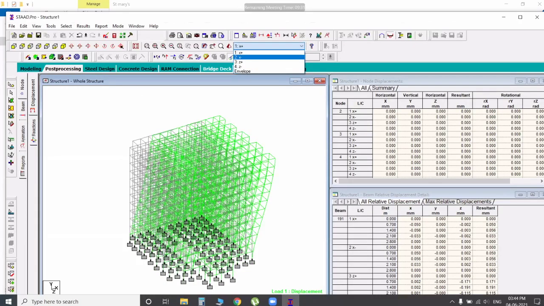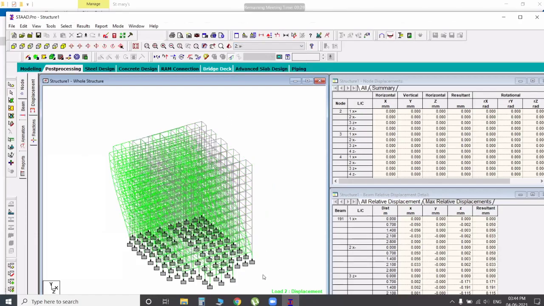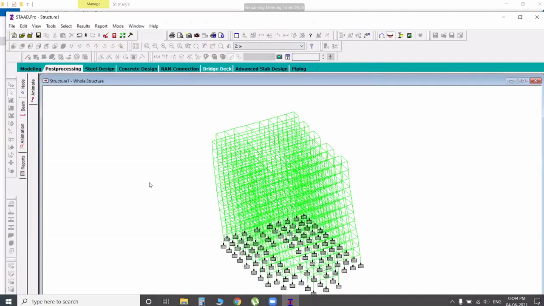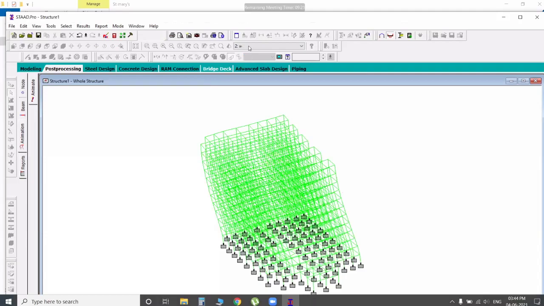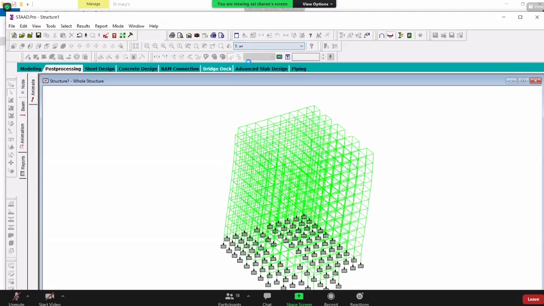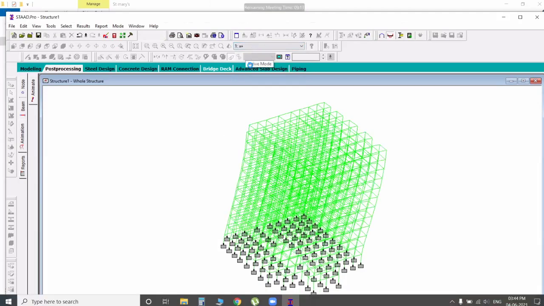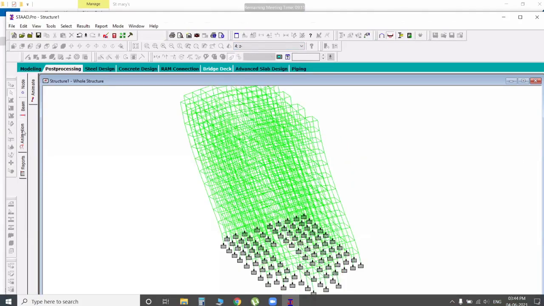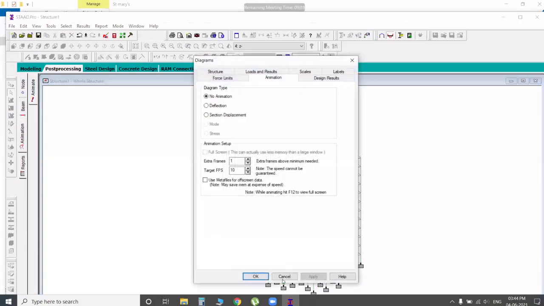And on the left side, we have an animation, deflection animation, like this, dancing building, X positive direction, Z positive direction, Z negative direction. Okay. So that is animation. On the left side, we have an animation. Okay.